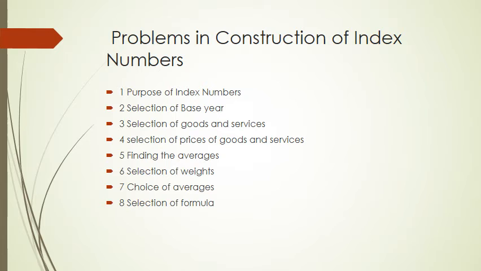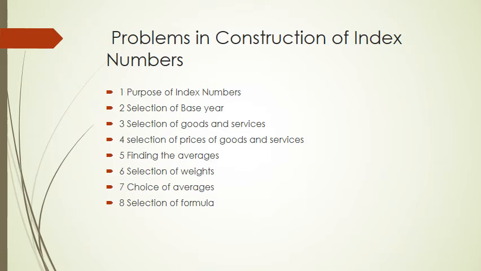Third is selection of goods and services. So to construct consumer price index number, for example, all commodities are not included. It is neither desirable nor possible to include all the goods and services produced in the country. But we have to select those goods and services which represent most of the others in the market. In other words, commodities selected should be such as are widely consumed. For example, rice, milk, ghee, etc. Larger the number of goods and services, more representative is the index number.